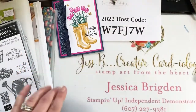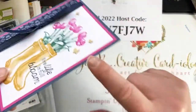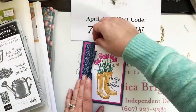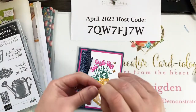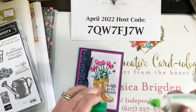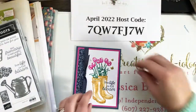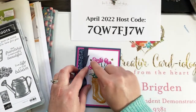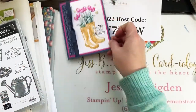Yes, I'm so glad that the butterflies are carrying over to the new catalog too. They're one of my favorite accessories, and I love that they're flat like that so they don't disrupt your card. That one I think must be, I didn't quite get the adhesive on it. All right, we'll add a little drop of glue directly onto my card, and then I'll drop my butterfly on top, and then I'm gonna let it dry. And the glue dries clear. Yes,